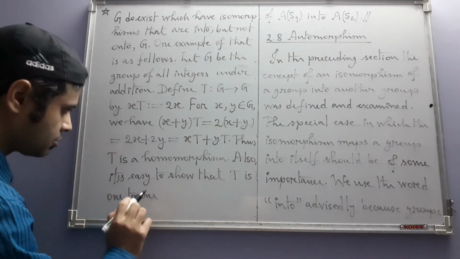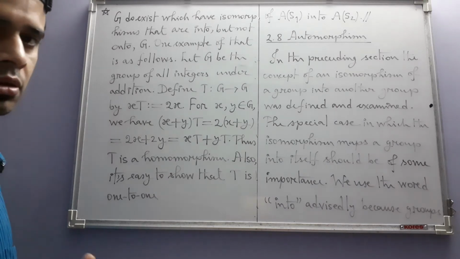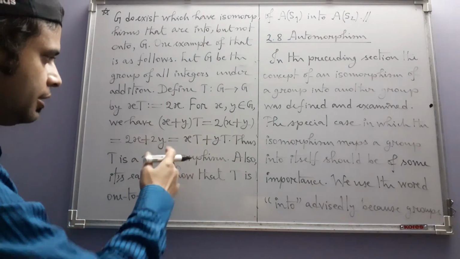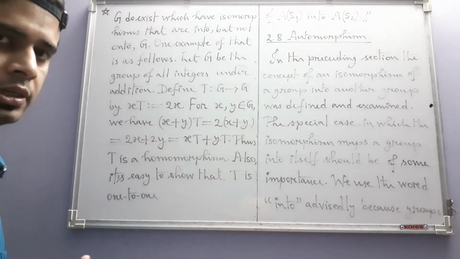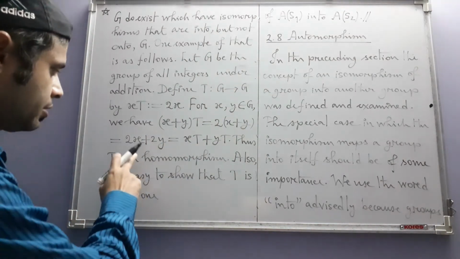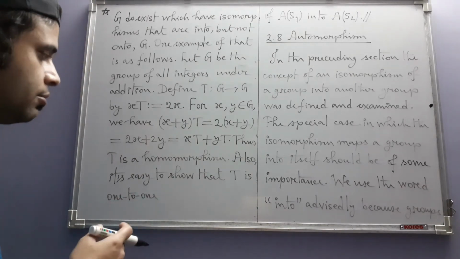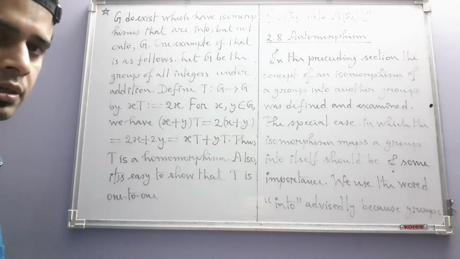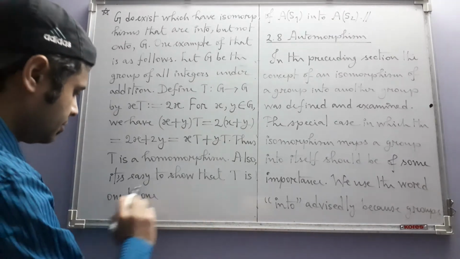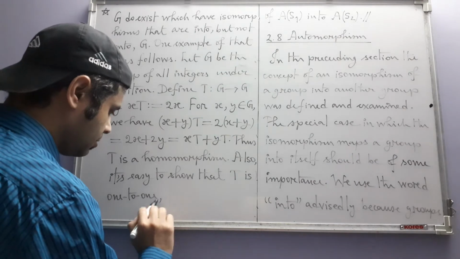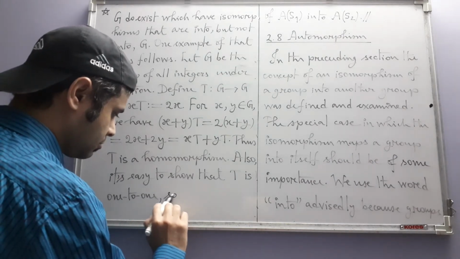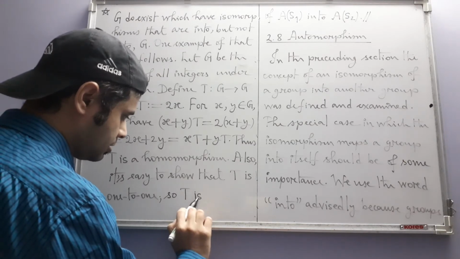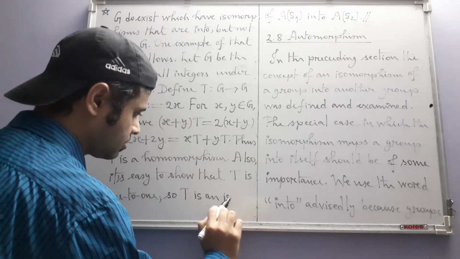In the text it's shown, but of course it's almost obvious now. If the T images of two integers are equal, that is, if you take twice of two integers and they are equal, then the integers themselves are equal. So that's why T is 1-to-1. So T is an isomorphism